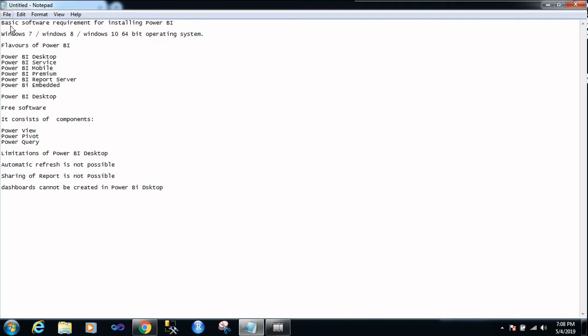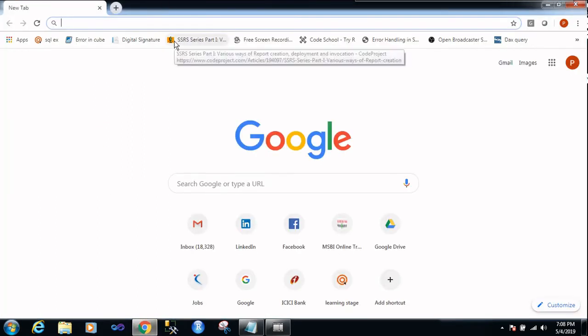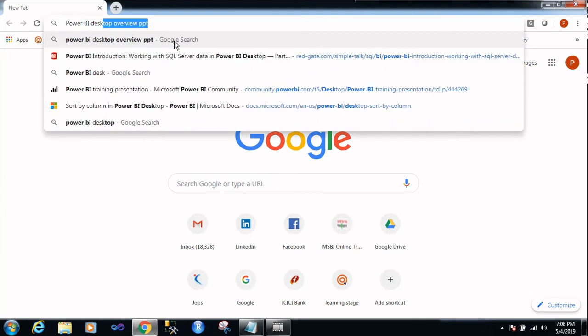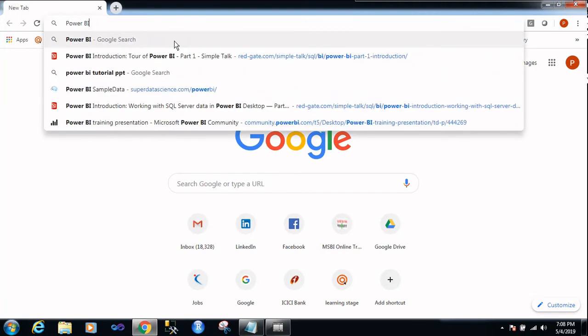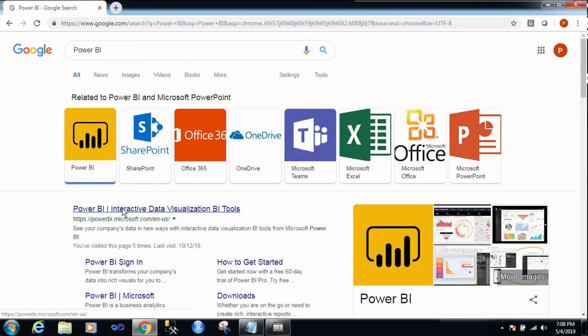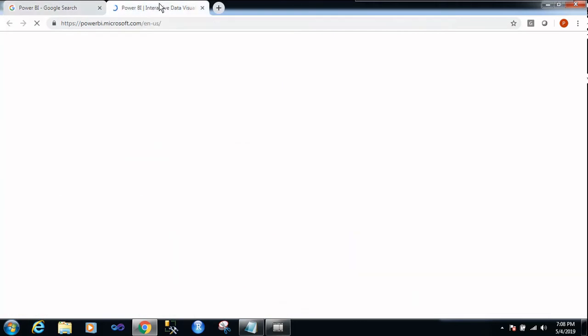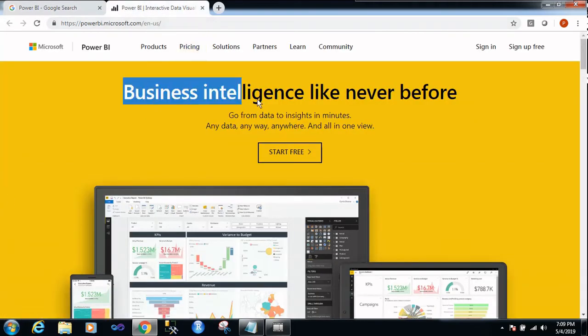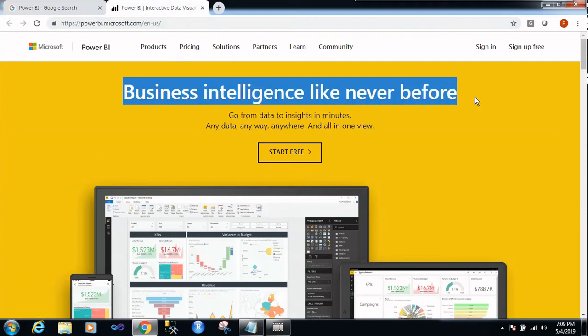Now let's go to Google Chrome and search for Power BI Desktop. Let me go to Power BI only. I will open the Power BI website, and here it is written business intelligence, and there is a start free button.